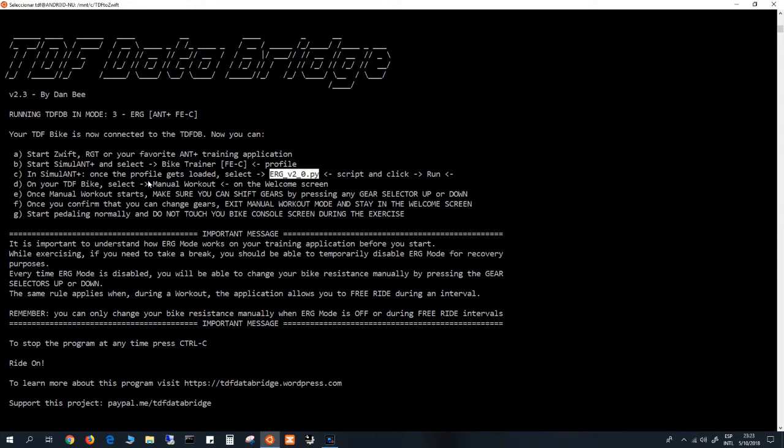This is the explanation why it's going to be that way. ERG mode, as I mentioned before, sets the target power of the trainer. If you select any workout mode in the TDF bike console, then that workout mode you select on your bike console is going to override the target power. That's why you must not change or start any workout mode in your bike as you work out in ERG mode,